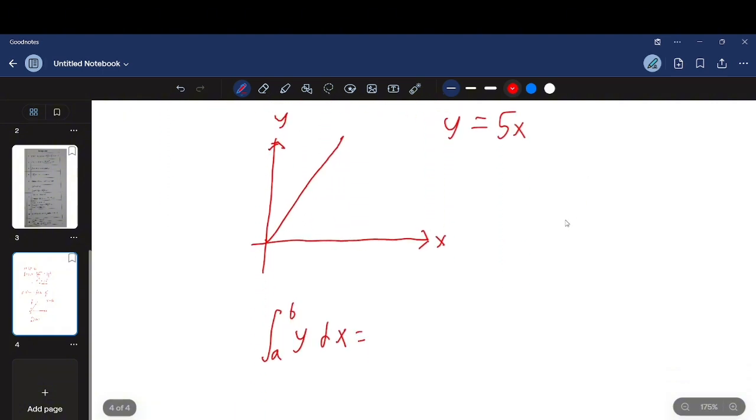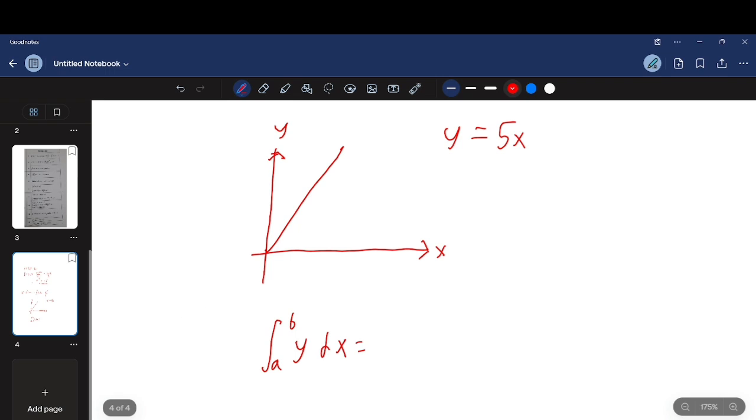It means we have two x coordinates, one is a and one is b. A is before b, as a is below b. This x coordinate is a, and this x coordinate is b. So when we integrate this equation with limits a and b, we are actually finding the